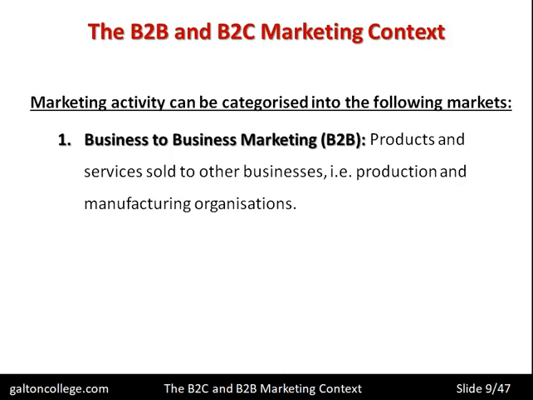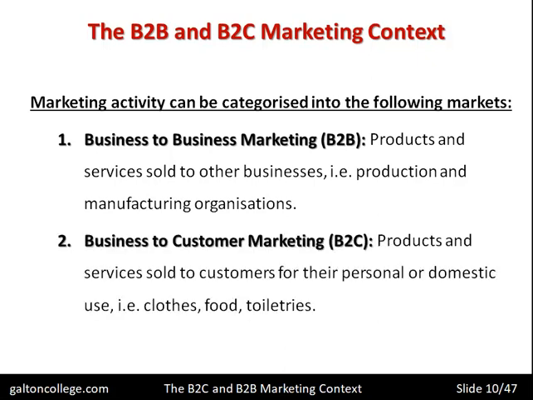Sometimes specialist machines are made for the farming community. So here is a business who's making a product that's sold to a business, sold to the farmer who's running a business. Business-to-business exchanges. We also have business to customer. Now, products and services sold to customers for their personal or domestic use, for example, clothes, food, toiletries, and so on. So business to customer means